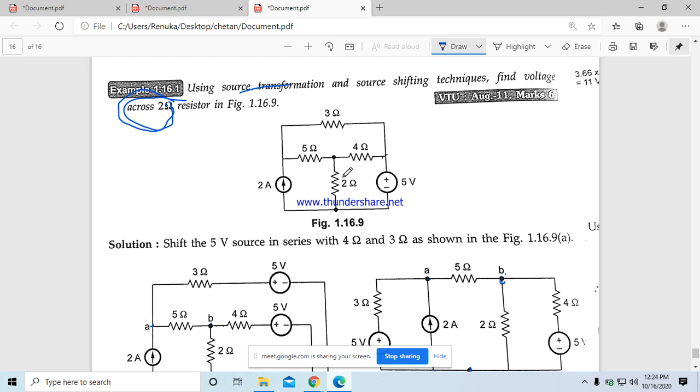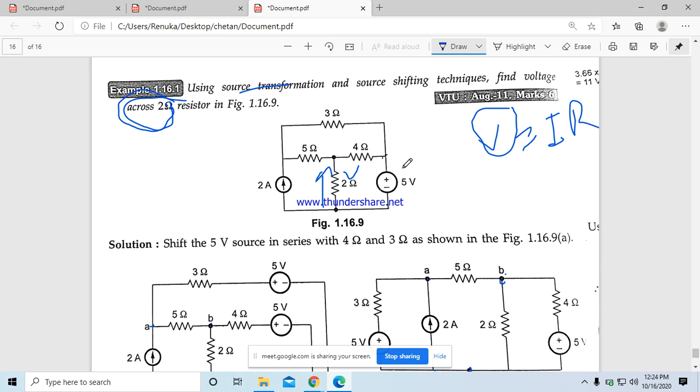I have to find out the voltage across this 2 ohm resistor. Fine. In order to find out the voltage across 2 ohm, you know that V equals I R. This V is the voltage across the 2 ohm resistor. If you want to find this, you have to find out how much current is flowing across the 2